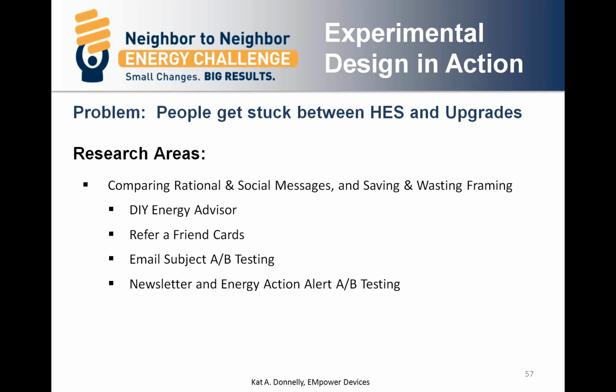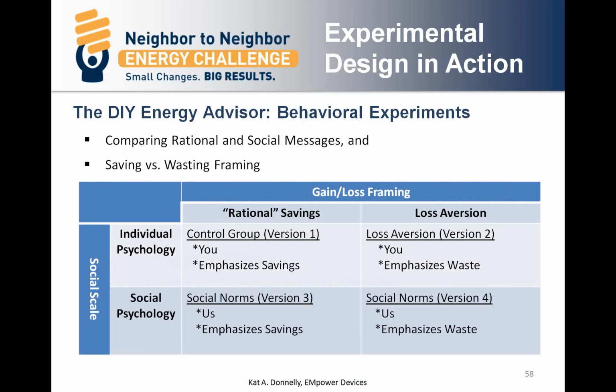Next slide. So in terms of the behavioral experiments that Kat Donnelly has designed for our do-it-yourself energy advisor, what we're working on there is in terms of the results of that very simple online audit, only 20 questions, they're all optional, they'll all default, to give you a sense of where your opportunities are in your home. What Kat has designed is, on both the social scale and on the gain-loss framing, a 4-cell test, an ABCD test,